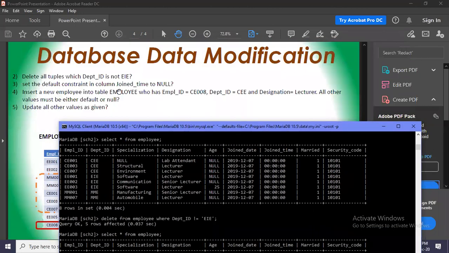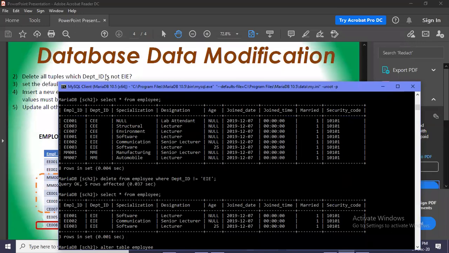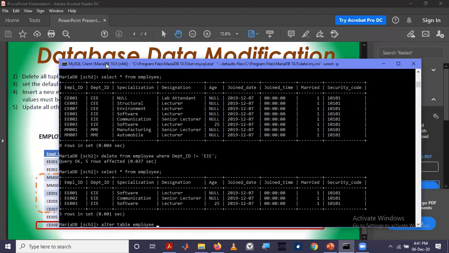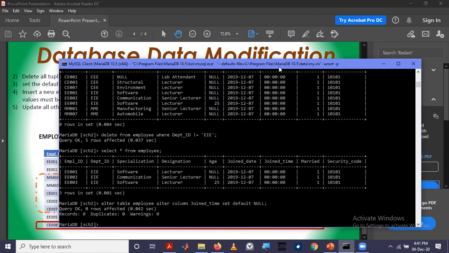We are asked to change the constraint. In that case, we must use not change, not modify, but alter. Alter column join time set default null. Now this one's default is null.